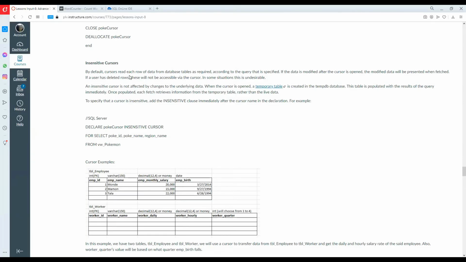We also have what we call an insensitive cursor. By default, cursors read each row of data from database tables as required according to the query that is specified. If the data is modified after the cursor is opened, the modified data will be presented when fetched. If a user has deleted rows, these will not be accessible via the cursor. In some situations, this is undesirable, meaning our current setup for our cursor is actually sensitive. If there are any changes or removed rows, they will also be reflected in the cursor